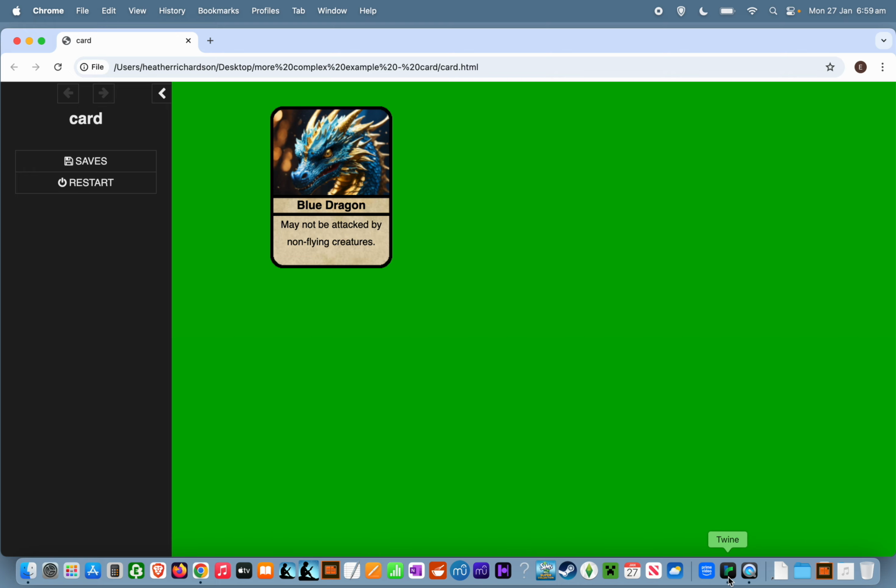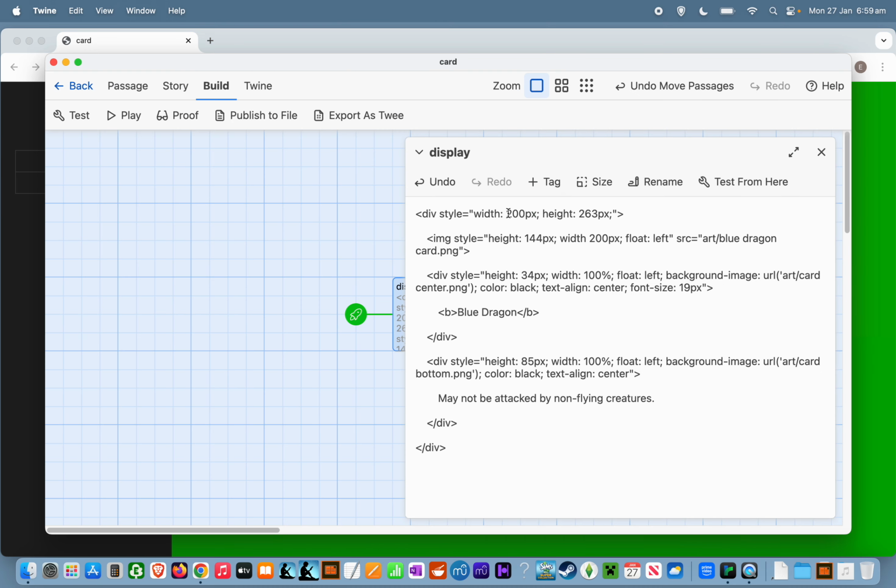But yeah, you need to make sure that this is the exact width and this is the exact height. So these three elements add up to 263. I think we've got 144 and 34, which adds up to 178. 178 plus 85, yeah, is 263. Okay, so we have this div, and then within the div, we have an image, a div, which of course requires a slash div, and another,